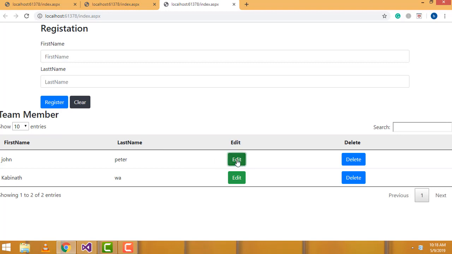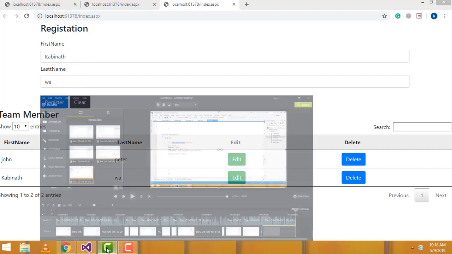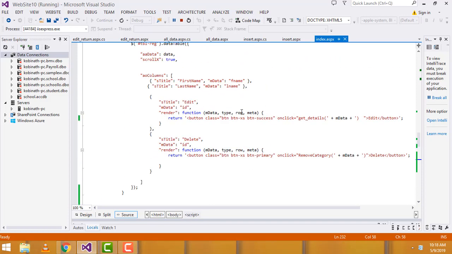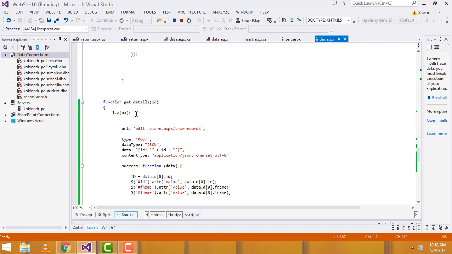If you click the edit button here, it successfully displays. If you click here, it successfully displays. Okay, here it's successfully displayed. Here you can see when the person clicks the edit button, what happens is it goes to the function get the details